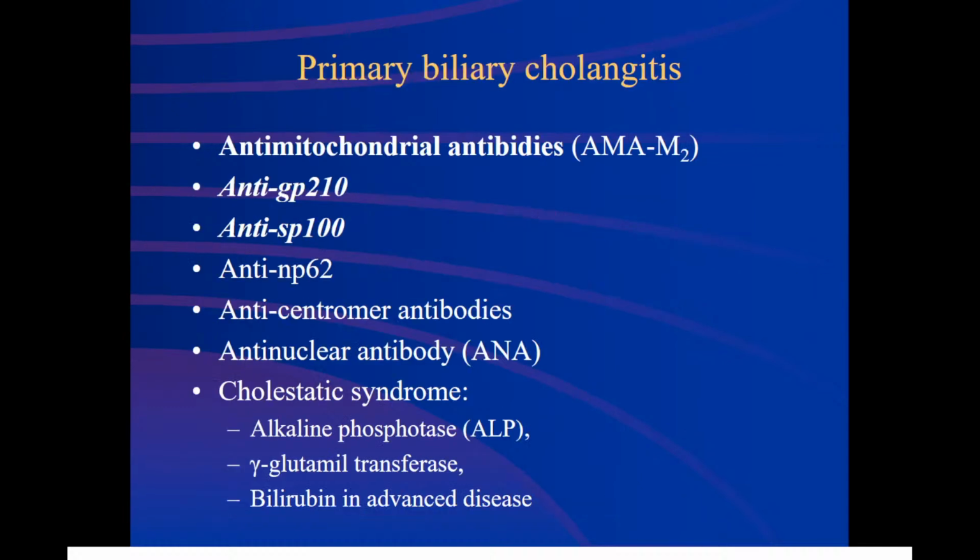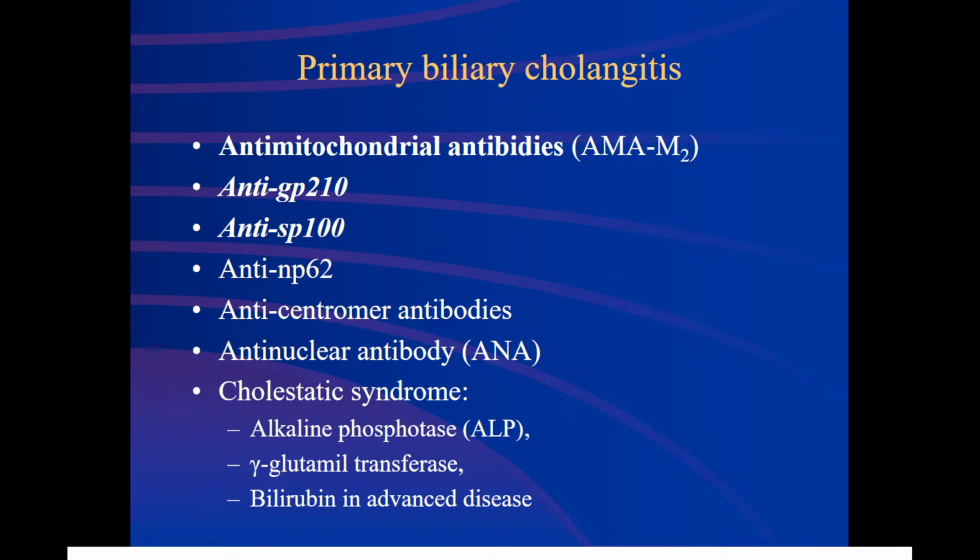I told you that primary biliary cholangitis is not so common but is a chronic and progressive disease which includes an autoimmune component. So for its diagnosis, you also have to use different serological tests. More specific for primary biliary cholangitis is an increased level of antimitochondrial antibodies and so-called